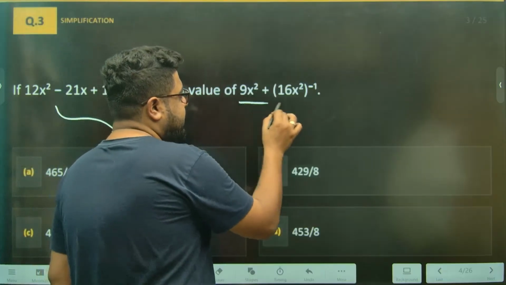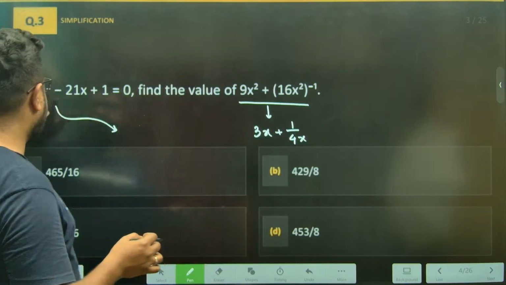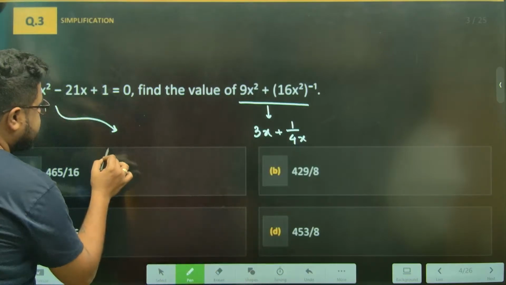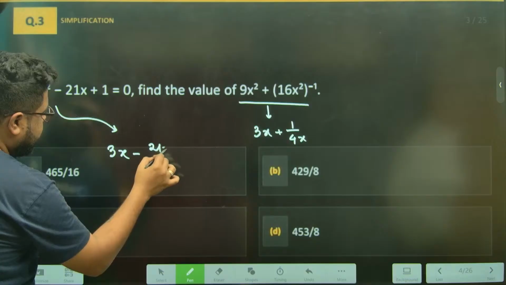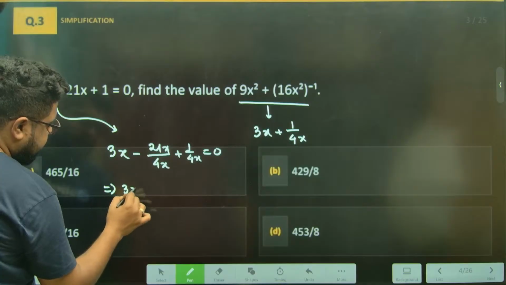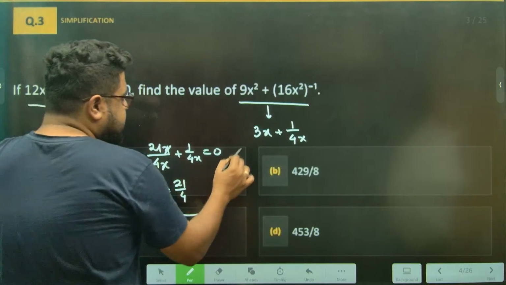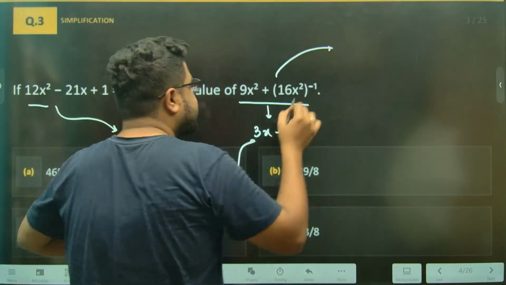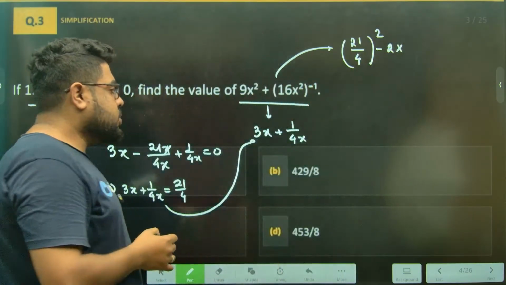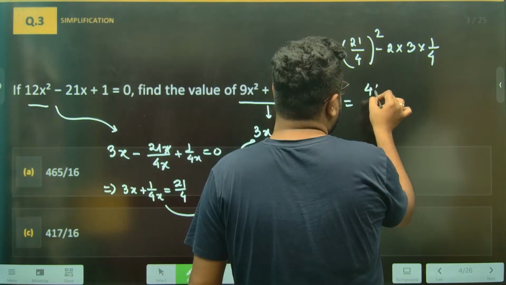I need 9x square plus 1 by 16x square, meaning I need the raw material is this. Now I have 12x square. How can I get to 3x? By dividing by 4x. So by dividing by 4x, it will give you 3x minus 21x by 4x plus 1 by 4x is 0. So from there I can write 3x plus 1 by 4x will be equal to 21 by 4. So this thing is equal to, so p square minus 2, 21 by 4 whole square minus 2, but there is coefficients involved here. So I need to do 3 into 1 by 4. So I need to multiply the coefficients as well. So this is 441 by 16